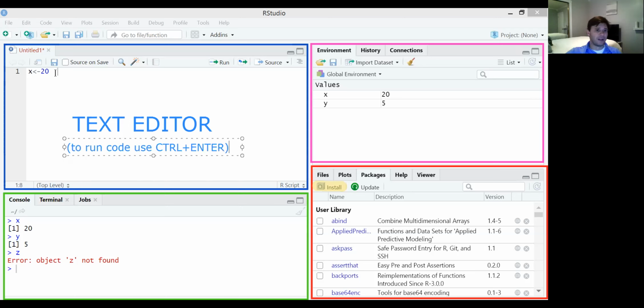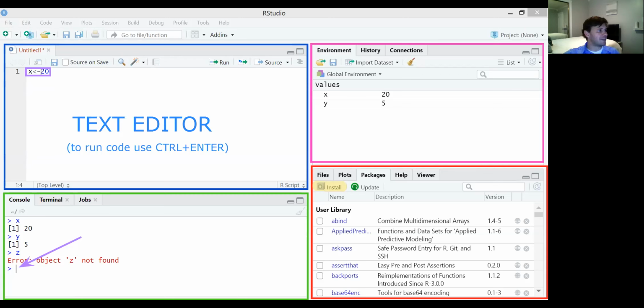The way I'm going to run that line of code is I'm going to put my blinking cursor up on that line. You can even highlight it if you want, but all you need is the cursor to be on that line. And I'm going to hit Control Enter. What you're going to notice is that very, very quickly, almost instantaneously, RStudio is going to take this line, copy it, paste it down in the console, and run it for me. So instead of me having to write it up top and then re-enter it down in the bottom, by using Control Enter on that line,